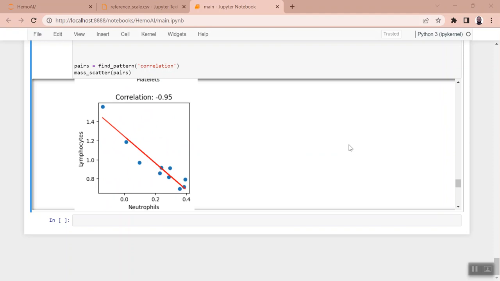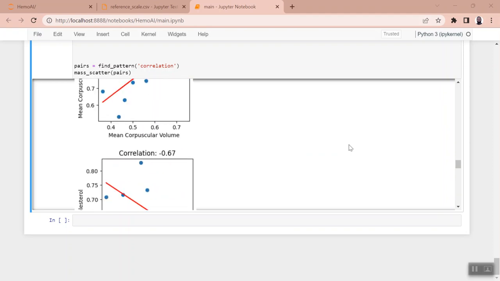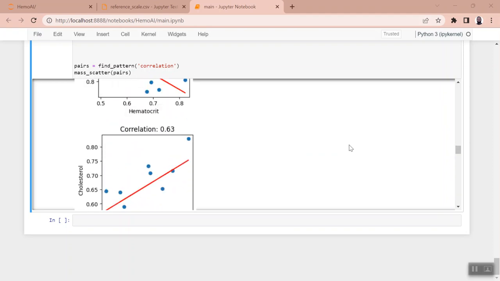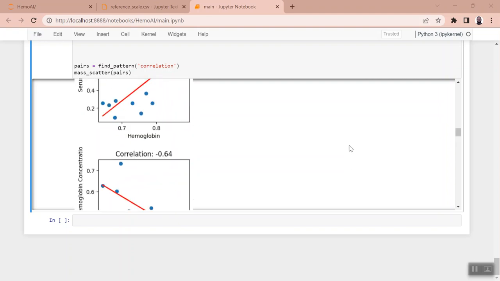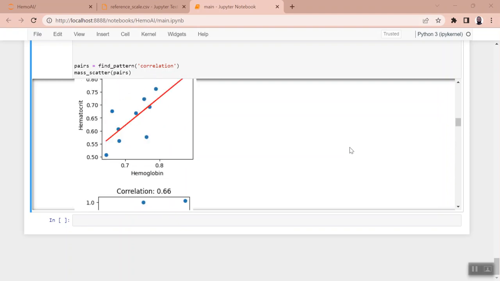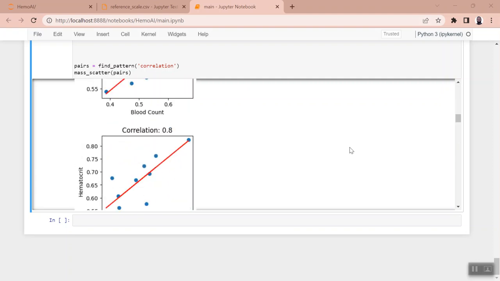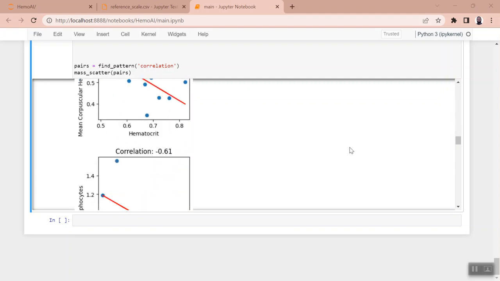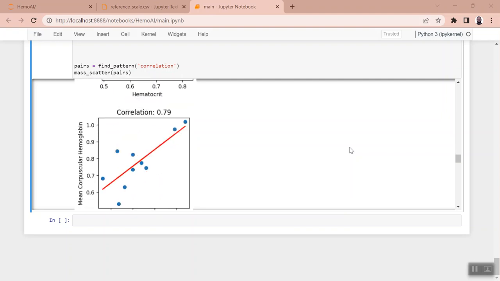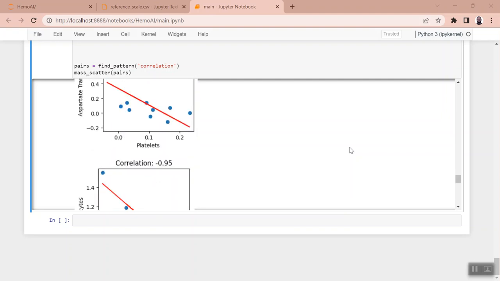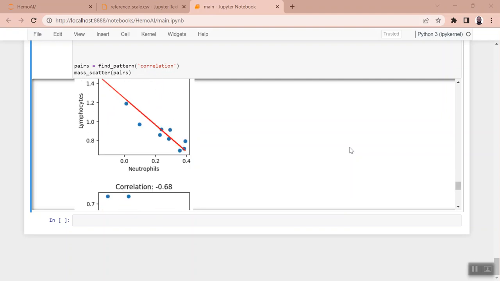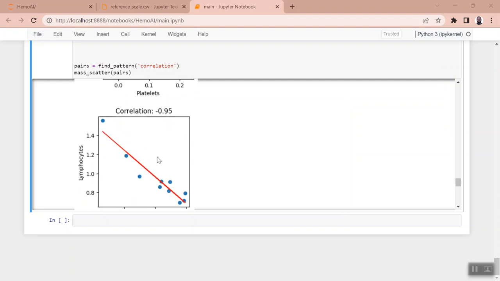And one interesting thing that really stood out was the connection, let's call it, the relationship between lymphocytes. Let's see if I can find it here. Of course, this is just the first version. The user experience hopefully is going to improve a lot. Okay, so this is what really stood out the most, a negative correlation between